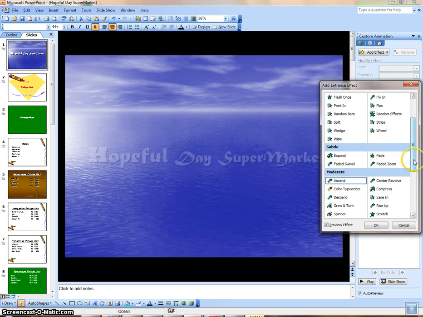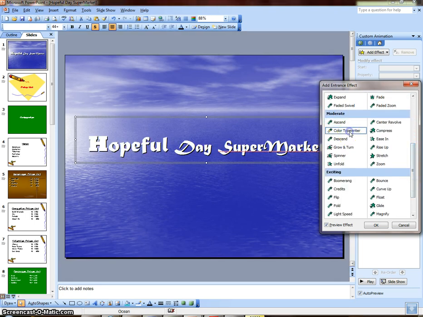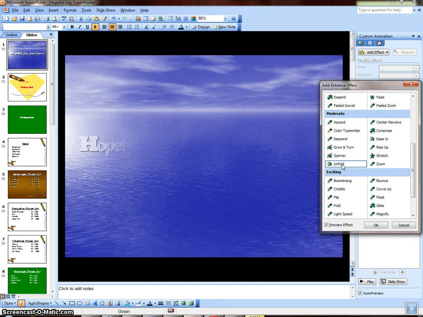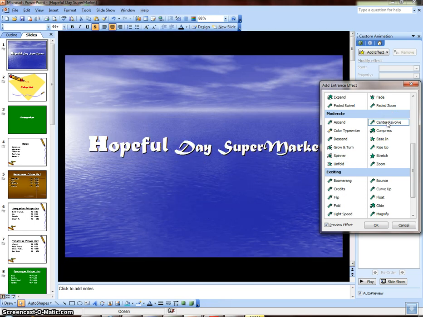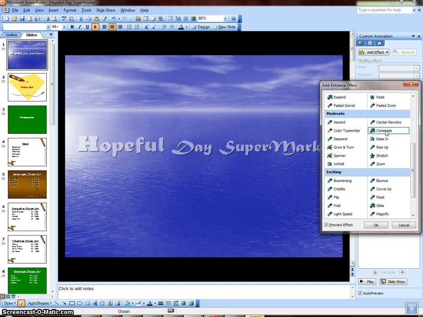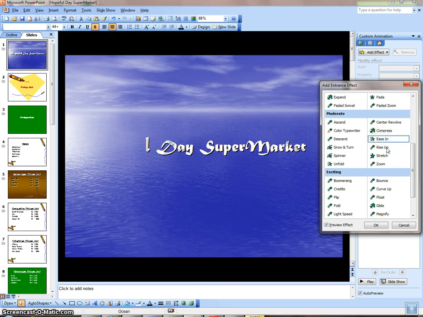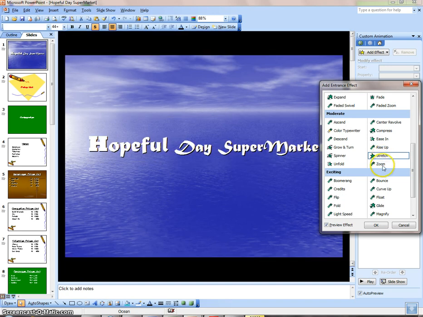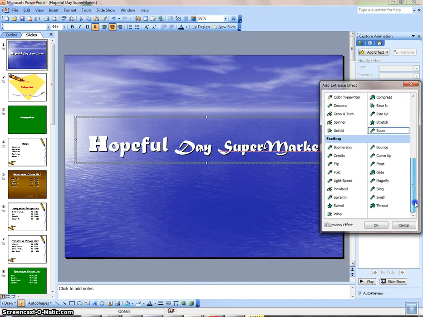Under moderate, we have ascend, color typewriter, descend, grow and turn, spinner, unfold, center resolve, compress, ease in, rise up, stretch, zoom. Then we have exciting effects like boomerang,